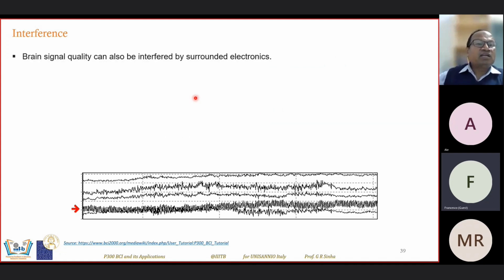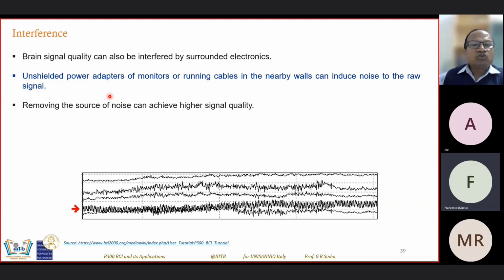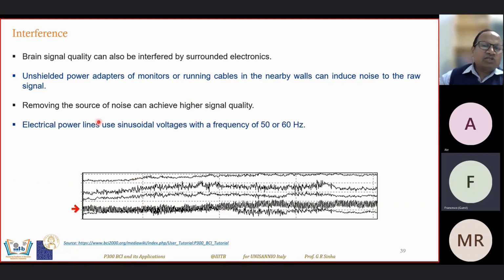Brain signal quality can also be inferred by surrounding electronics. Electronics are there, signal processing circuits are there that can also interfere, called artifact. So we can use a number of cables, we can protect them. Nearby walls can induce noise in the raw signal. So we can use some suitable filter to improve the signal quality by removing them. Like this, you can remove the noise from here and make it better,